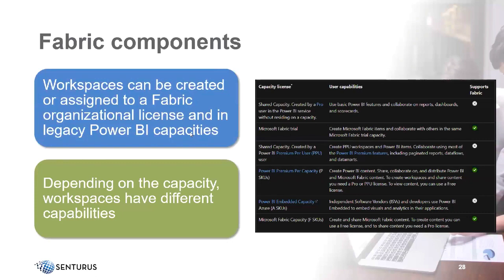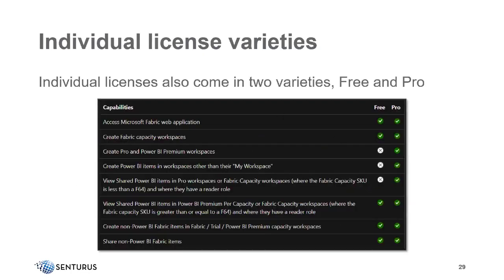So take a look at this. Tyler, when you download this presentation, you're going to see that there are certain capacities that are required in order to leverage Fabric. With PPU, you want to be able to create workspaces and share the content. Yes. Okay. It also depends on your SKU. F SKUs, A SKUs do not support Fabric. You have to have an F SKU. There are individual licenses, but come on, who's going to use an individual license? It's more here.